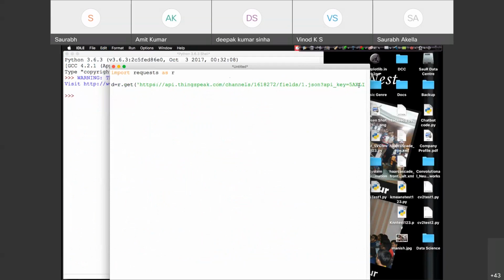We would get this data into D. Let me just put it through a while loop. Import time, and then time dot sleep every 5 seconds. Okay.